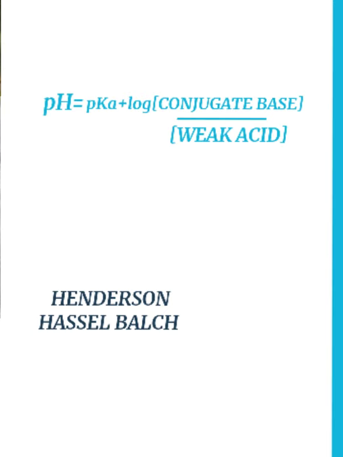In the above equation, if the concentration of the conjugate base is equal to the concentration of the weak acid, then pH will be equal to pKa because value of log 1 is 0. Thus, the molar concentration of the acid and the base being same, the pH of the buffer solution will be equal to the pKa of the acid. So, for preparing the buffer solution of the required pH, we select the acid whose pKa is close to the required pH.